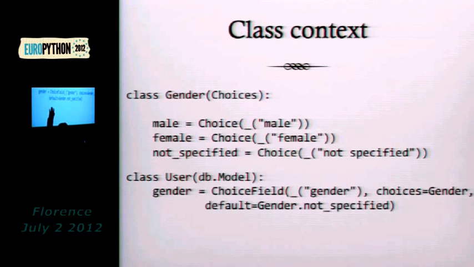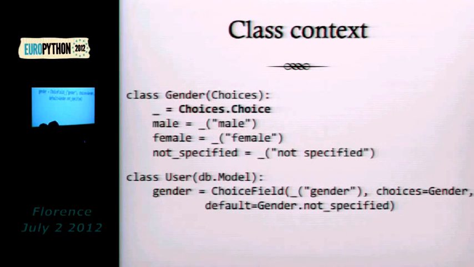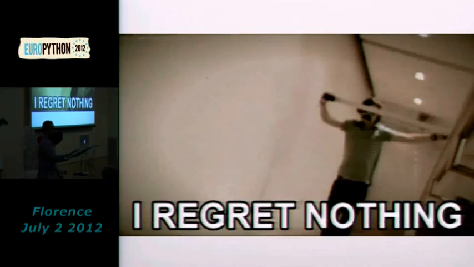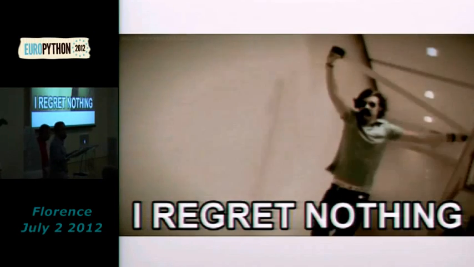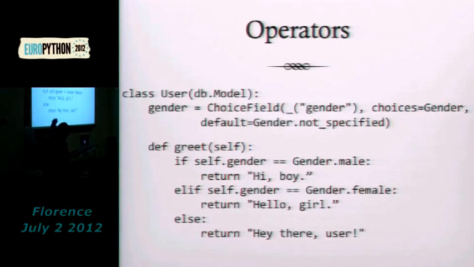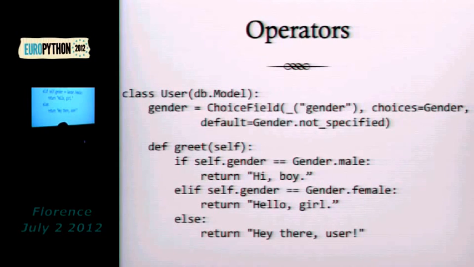But I didn't like this one, the choice and those underscores and stuff. It doesn't really work for me. So I used the class context to actually change the meaning of underscore inside the class. And it works. You know the drill. I regret nothing. But it gets better when you actually use methods which are dependent on the value of a